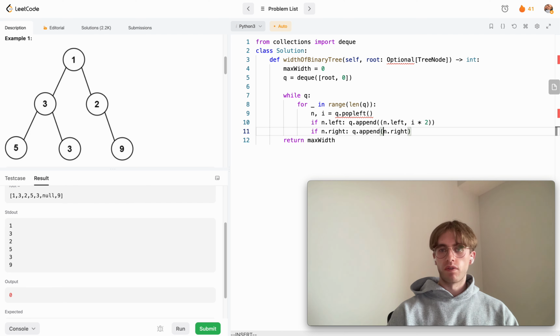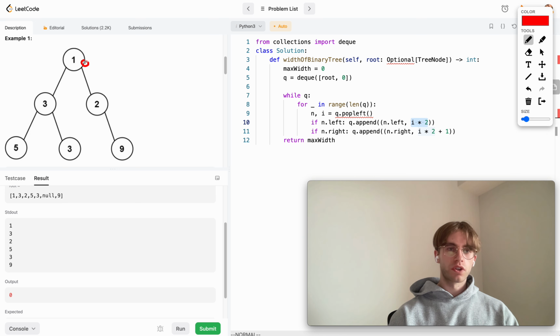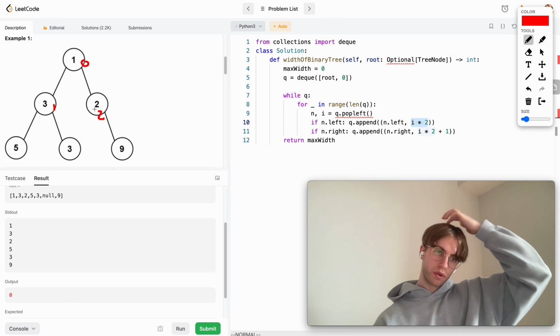And then for the right node, we want to do the exact same thing, but we want to do I times 2 plus 1, because it's always an extra node over. And so this times 2 comes from, okay, since this goes 0, 1, 2, then this node here will actually end up being 4, because it goes 0, 1, 2,